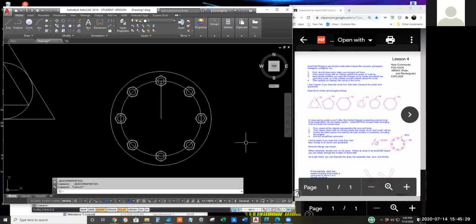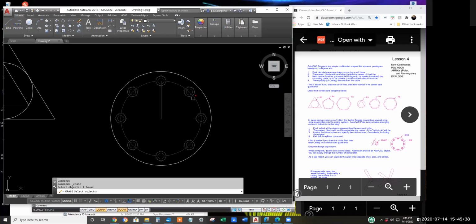All right, Burgener. Escape got me out of there. I'll erase the, later when we learn center lines, you might convert this into a red broken line, short gap, long gap, short, center line. But that's another, I think that's next week's or Thursday's exercise.